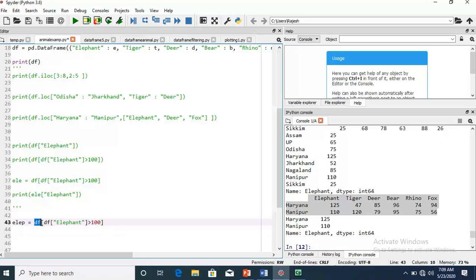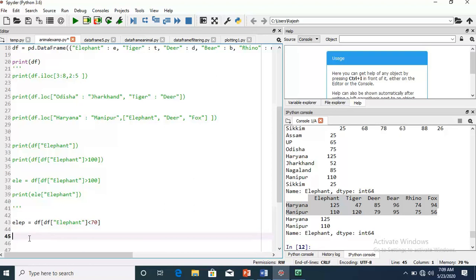First the data frame object, then square bracket, then again the data frame object, then the column in which you have to apply the condition, and then we use the relational operator less than, and then the numeric value. It is asking for less than 70 elephants.